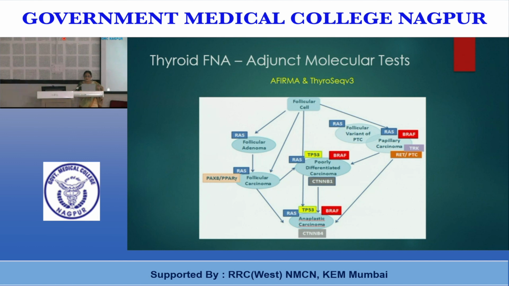The RAS oncogene mutations, either alone or along with other mutations, are present in almost 50% of cancers, and they are proving useful for not only diagnosing but also subtyping the follicular neoplasms and follicular patterned tumors. But they are pretty costly, and it will take some time for them to come to our country and be brought into practical application.